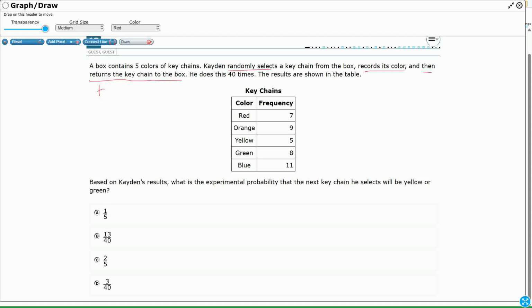So that's going to be important for us because if the total did not stay the same, we would calculate this probability, which is what we're looking for, experimental probability, slightly differently. So total stays the same. And Caden did this 40 times. Here are our results. We're looking for the experimental probability that the next keychain will either be yellow